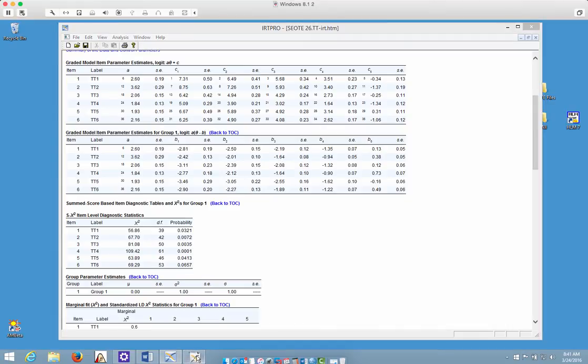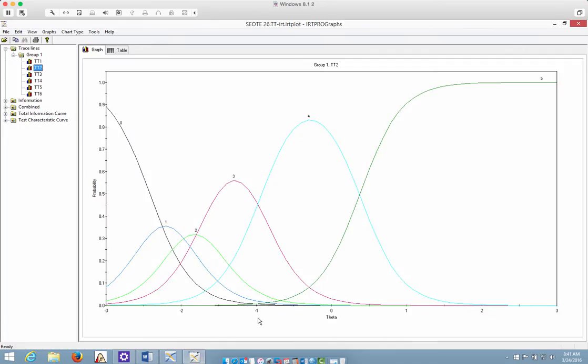So you can see that these tabled threshold values are nicely represented by the category characteristic curves. For example, where mildly agree and agree, where those categories intersect,